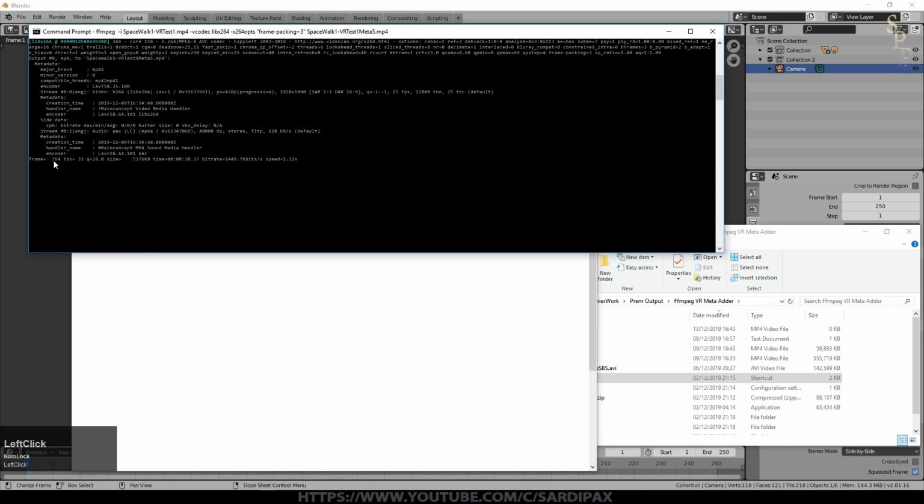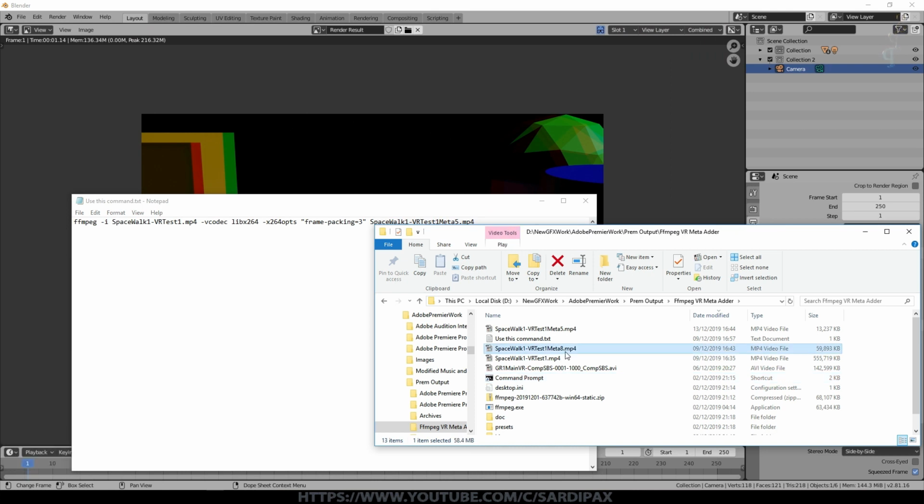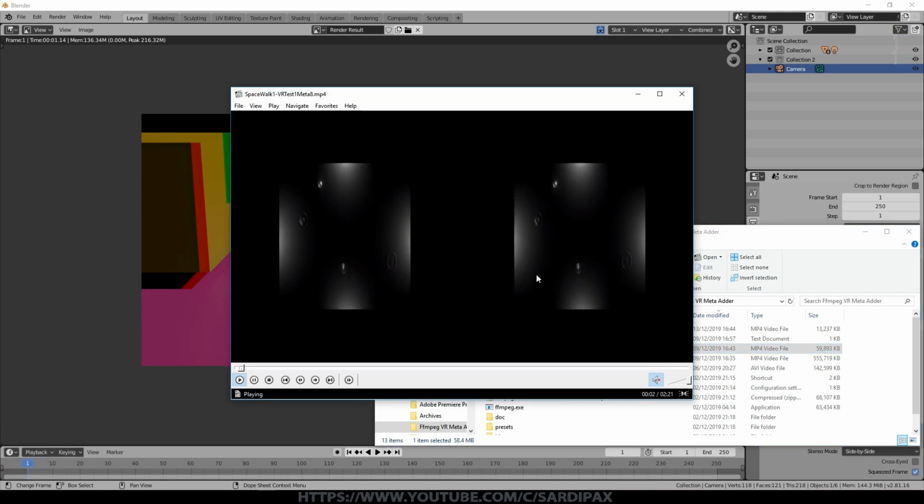You can see it's going through the frames there, and I think it was about 3,000 frames, something like that. So it takes a little while and it then creates the file. Once it's created the file, if you do use the command I did, it will actually compress the file as well. And we're not too worried about that, but you can see I've now gone from an uncompressed 0.5 gig file to a compressed 60 meg file. So that's quite good. But if we look at it, it's pretty good compression. You don't really see any difference.